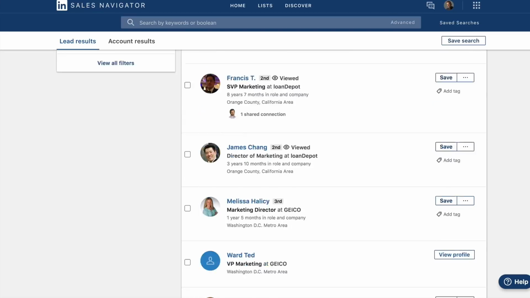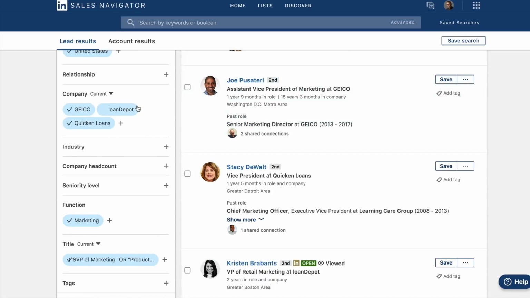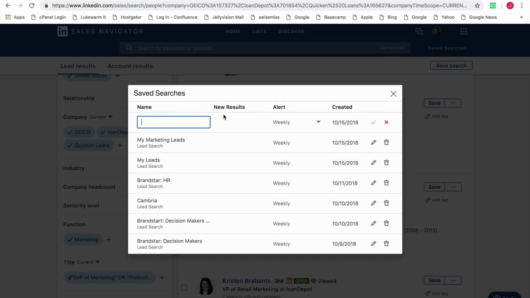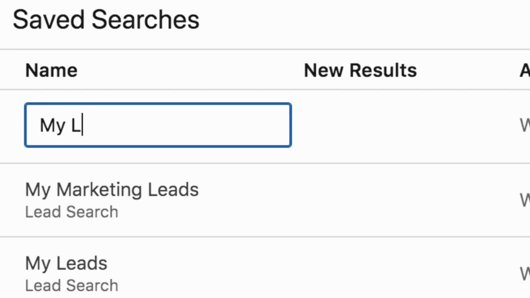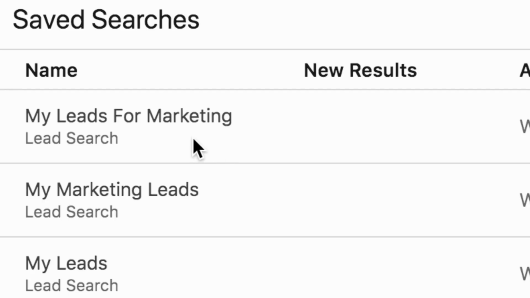to do is just keep adding additional companies into this area over here, and your leads will pop up on the right-hand side. Last thing you want to do once you've dialed in the query is hit Save Search. That way you don't have to go through this again. Just type in My Leads for marketing. And the other added benefit of this is if there are any leads that satisfy this criteria, it'll automatically pop